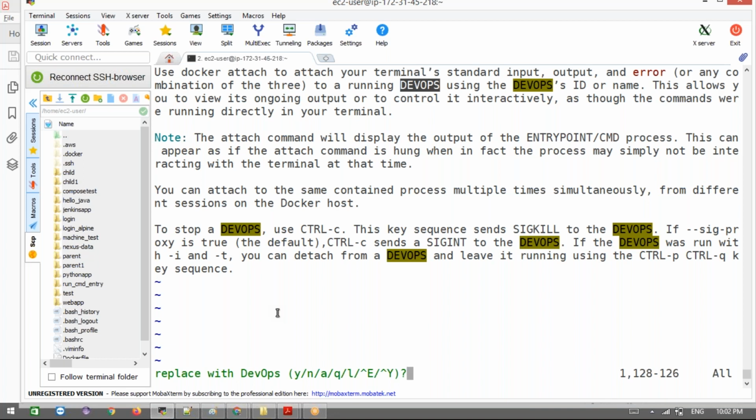Now the cursor is in this place, as the first match, right? If you want to modify this word, just press yes. There is a replace with DevOps prompt: yes, no, a, q, l. I don't know the remaining stuff. I used only a, y, and n. The remaining ones I never used. If you guys want, try it out. I didn't need them. I use it for yes or no, that's it.